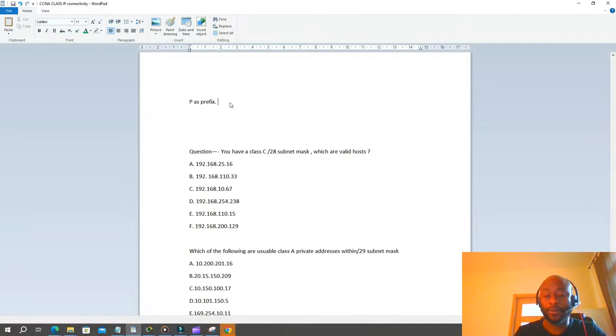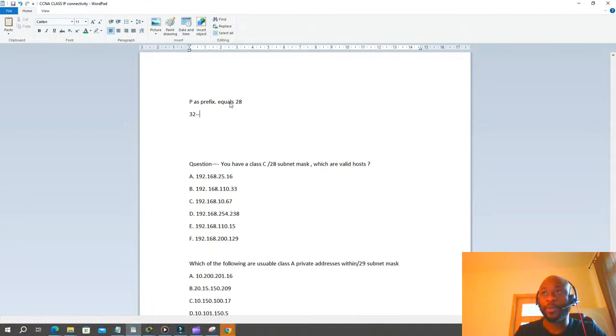So P equals 28. 32 minus P is going to give you the available number which you will use to find the valid hosts on this question. So 32 minus P, sorry, 32 minus 28